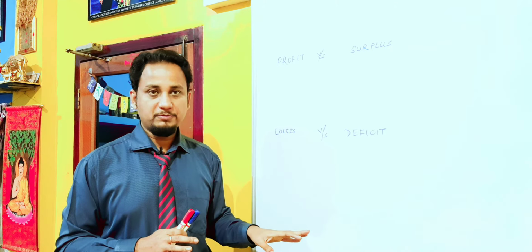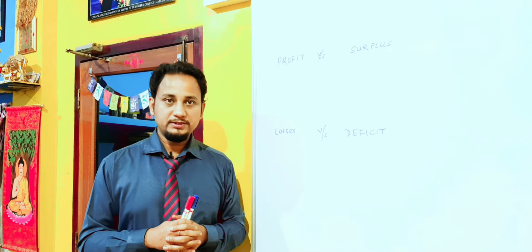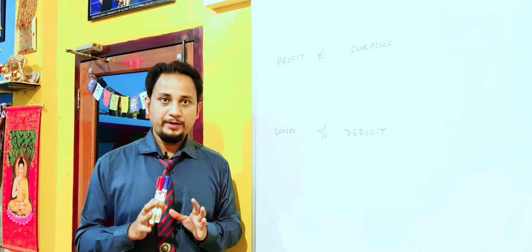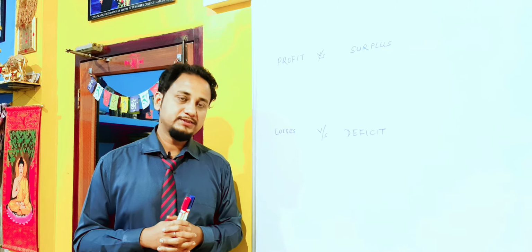In this context, I want to tell you one more thing. In the month of February or March every year, the central government of India, GOI, announces the financial budget. They use the term surplus or deficit, mind it. They never use the term profit and losses. All of us know the Indian budgets are always in deficit, because all the activities of the government are not to earn profit.